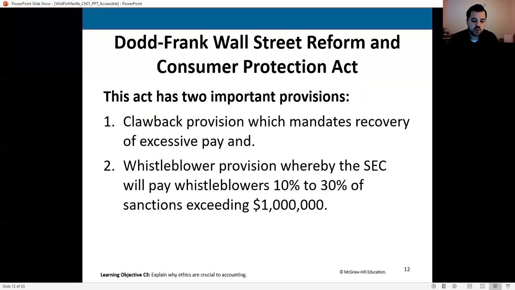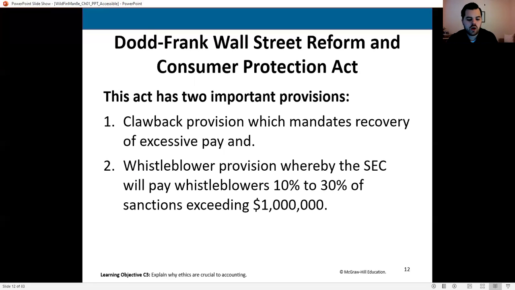Now, after we got SOX, about a decade later, we got the Dodd-Frank Wall Street Reform and Consumer Protection Act. For the sake of our sanity, I'll simply be referring to this as Dodd-Frank so that we don't have to read that entire name every time. So when we look at Dodd-Frank, it's essentially got two main areas that we want to be concerned with. Now, this is a very long act. It includes a lot of other things as well. So if you know more about it, that's fantastic. What I need you to know in this course is these two things.